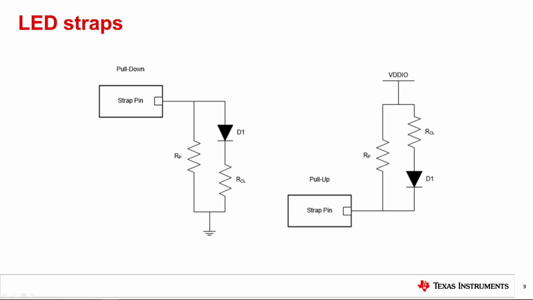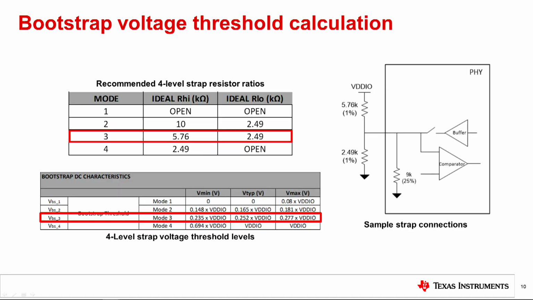Also note the difference in diode and current limiting resistor location between the pull-down and pull-up configuration. The parallel pull resistor is required to prevent unknown device states by tying the pin directly to power or ground, as leakage from the pin won't be hard tied through the diode without this parallel resistor. Recall that strap pins have an internal pull. If this internal pull is the same direction as the parallel pull, then the parallel pull is not necessary, though still recommended. Unused LED strap pins can be left floating.